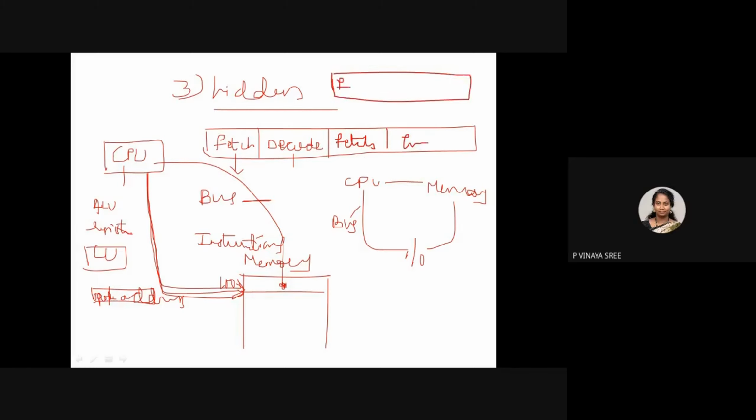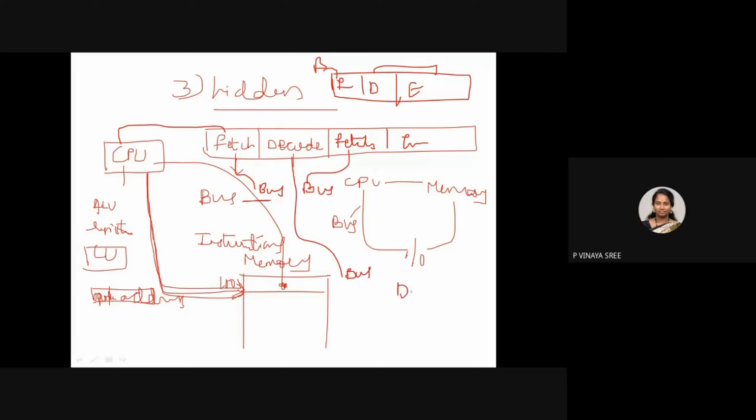One is fetch, decode and execute. In this phase we require a bus, whereas in these two phases, whenever the processor is performing, there is no need of the system bus. Again in this phase we require a bus, and after decoding, if it is an indirect address, again we require a bus here. So why I'm explaining all this is, the CPU will be using the system bus only during fetching, and after decoding, if there is an indirect address, it again has to go for a fetch. In the meanwhile, whatever gaps there are, it releases the bus for DMA.